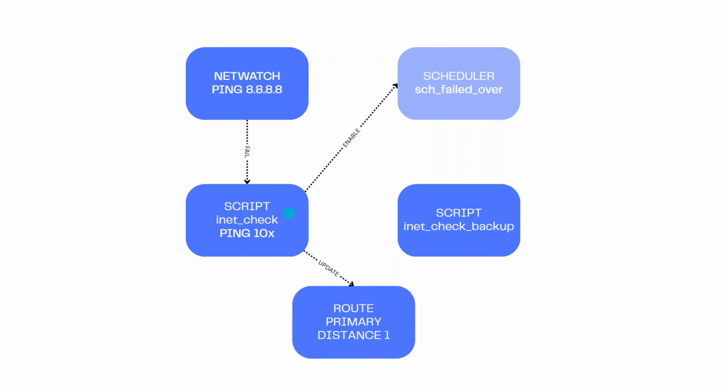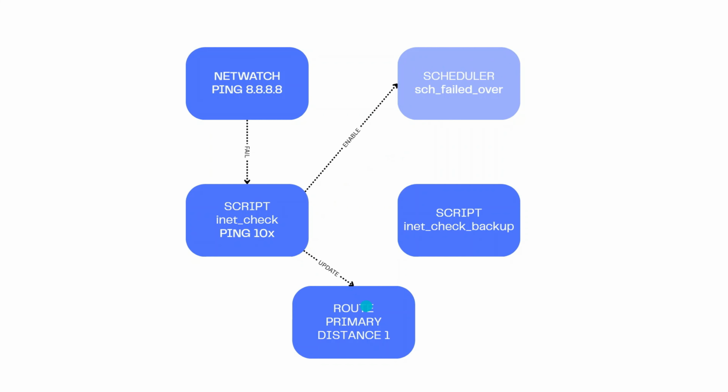So then what that does is it's going to trigger a few things. Firstly, this is going to get turned off, because what we don't want it to keep doing is testing this way, because otherwise it's going to keep coming up and down. The reason I do it 10 times is because I want to actually make sure it's definitely down and it's not just intermittent, so we're not again flip-flapping all the time. So this is going to get turned off. This is going to enable this scheduler,